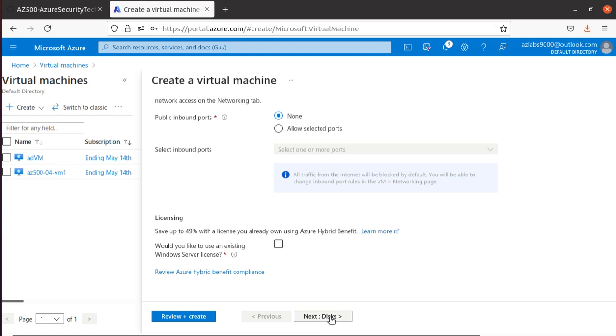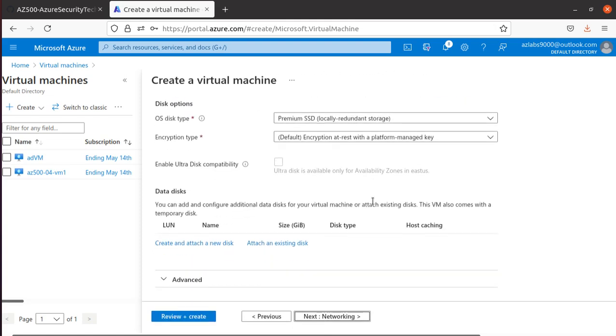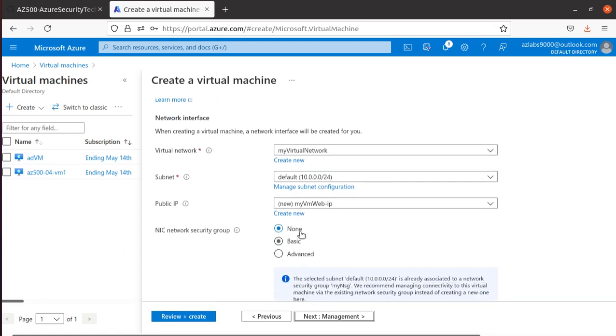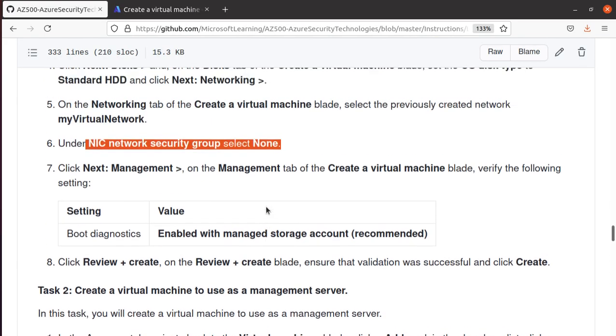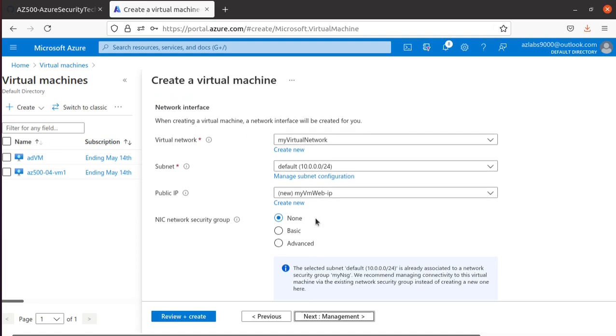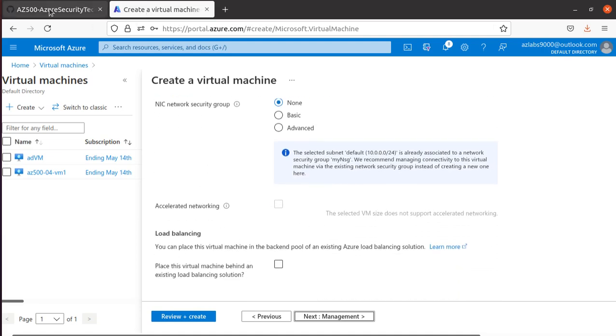So come up over here, disk. We are not really changing anything. Networking, over here, network security group. Right now I'm gonna choose none. That's what that lab said. Network security group, use none. Okay, and